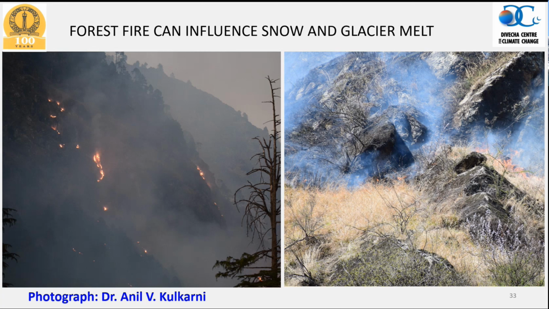There is also a major issue because of forest fires. As climate becomes warmer and warmer, as seasonal snow melts in the middle of winter itself, you are going to get a very long period of forest fire. This photograph was taken by me at the end of last month and the beginning of this month, that means in March and April, and now you have huge forest fires in the Himalayas. This can continue from April, May, June, so you have a much bigger forest fire period now.